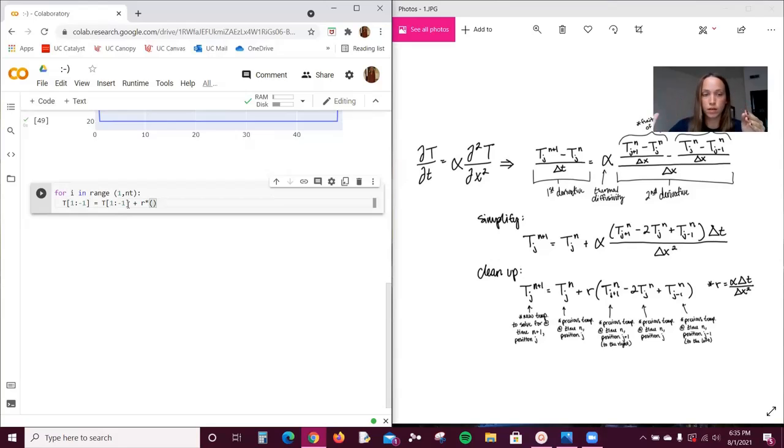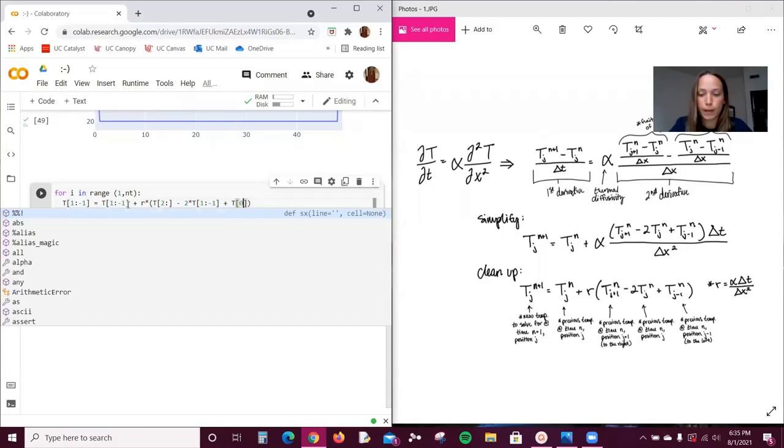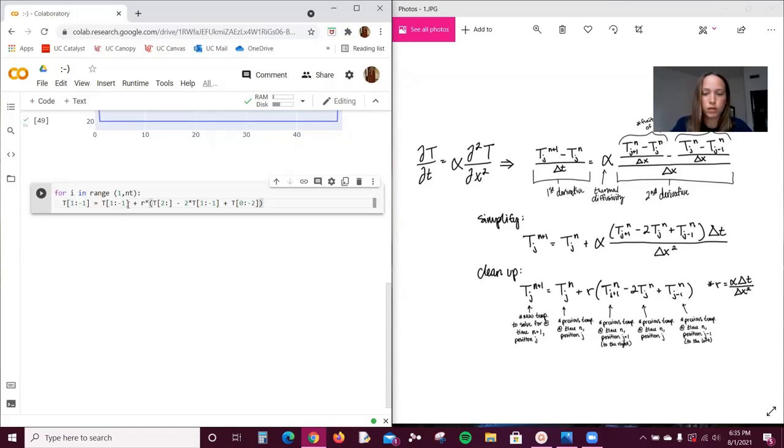Yeah, because it's 2 to the end. So that's just going to be 2 colon and then minus 2 times all of those internal ones once again, plus all of the temperatures shifted to the right. So that's going to be 0 to -2. No, that would be all of the temperature shifted to the left. Yeah, and this value is all the temperature shifted to the right. Okay, yes. Okay, so now we want to